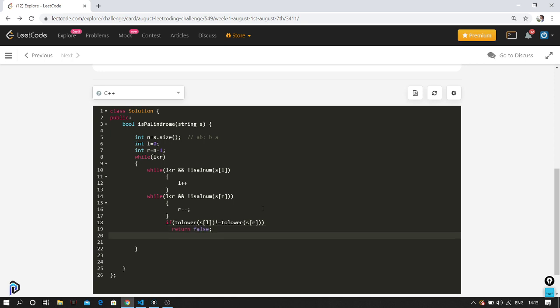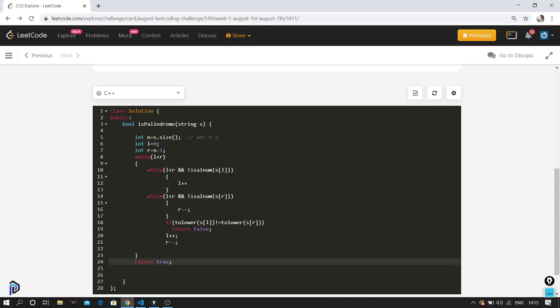In the end, we would increment l and decrement r. Okay, the braces are right. Finally, I will return true if it has not failed at any point of time.